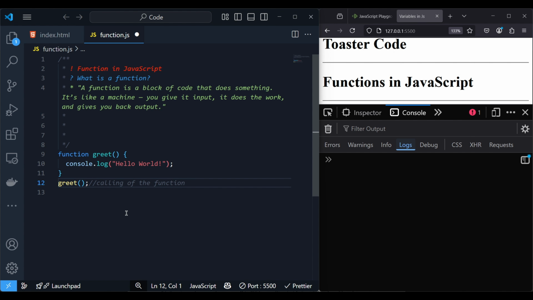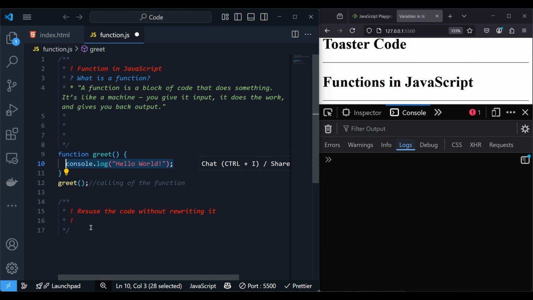Now, why do we use functions? The first point is to reuse the code without rewriting it. Whenever you need hello world, you don't have to write this console log again. You just call the function greet. Then, organize logic into chunks. Let's say you have to write a huge logic of code. It's just a basic console log that we have seen here, but let's say